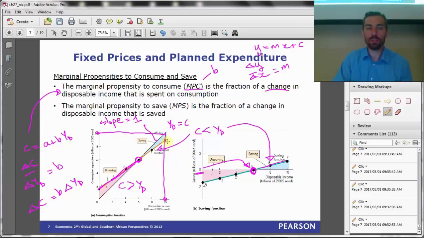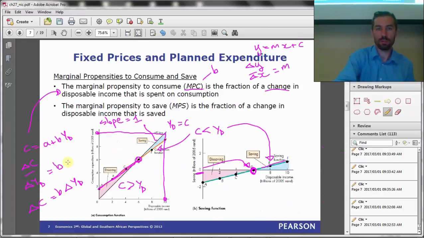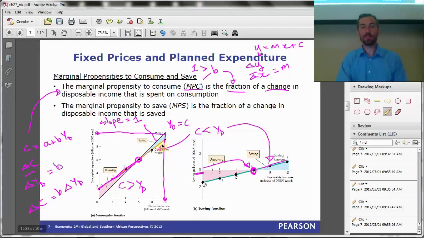And my consumption function, what do I know about the value of B? It's the amount of income, where is it defined? Sorry, here we go. It is the fraction of a change. In other words, for a change in income, there will be a change in consumption, and it's going to be a fraction. B is a fraction. It's going to be less than 1. If it's less than 1, the slope